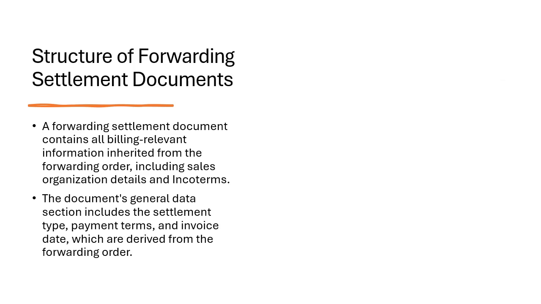So next is the structure of forwarding settlement documents. This actually contains all billing-relevant information such as type of settlement, sales organization, Incoterms, and payment terms. The document is highly structured with tabs for general data, charges, and related forwarding orders, which also ensures transparency